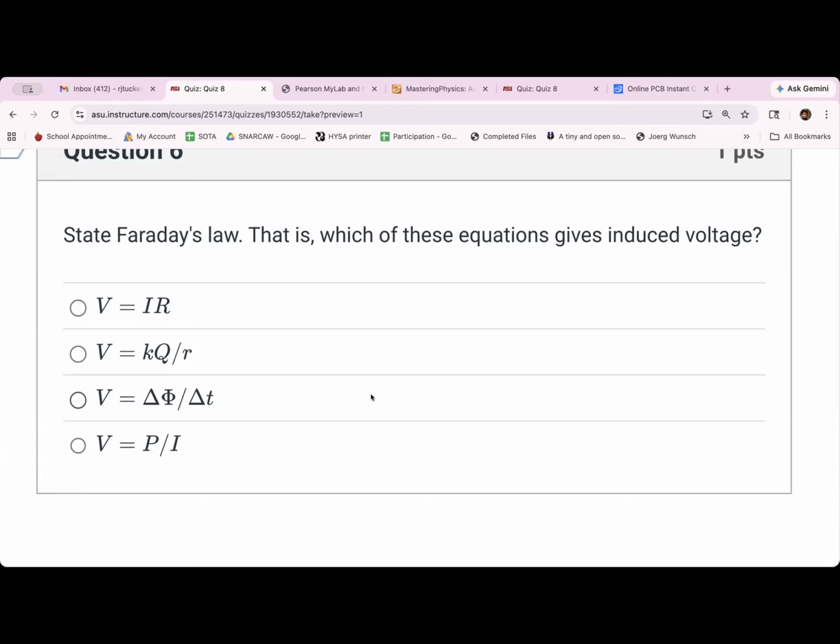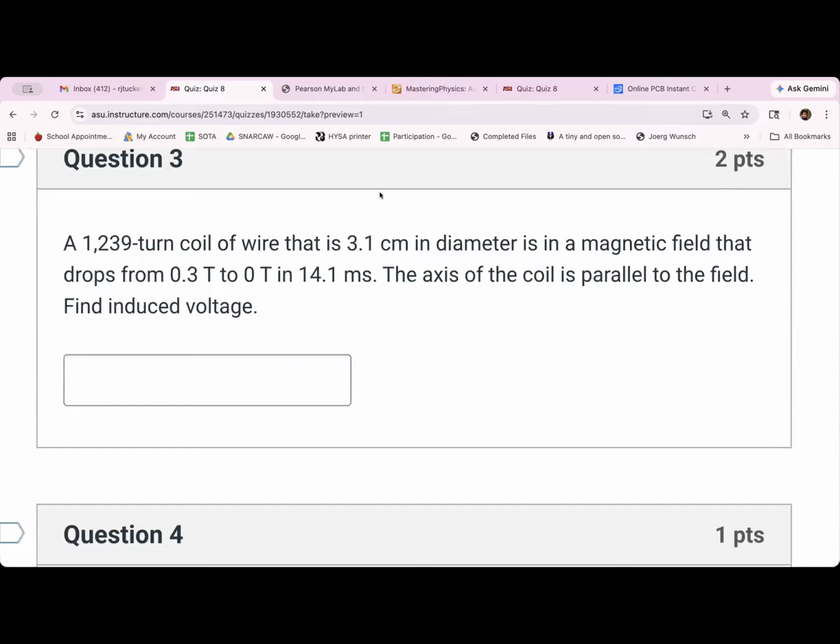Oh, wait, I'm so sorry. One last thing. I gave multiple turns. If I give you multiple turns of wire, you need to know each turn picks up that voltage. Total voltage, if you've got many turns of coil, you add those voltages together. Multiply what you get directly, delta phi over delta t, by the number of turns. There, I have done the quiz for you. That's what you will plug into